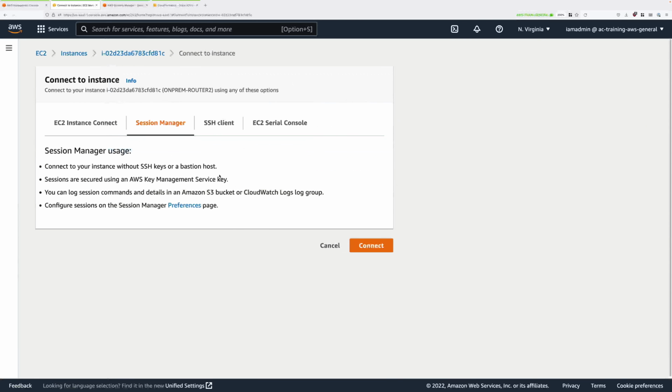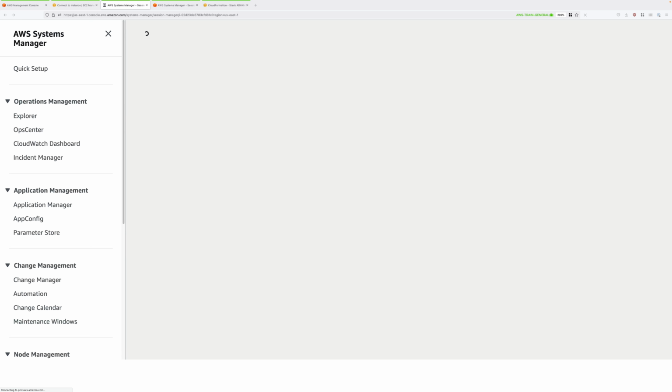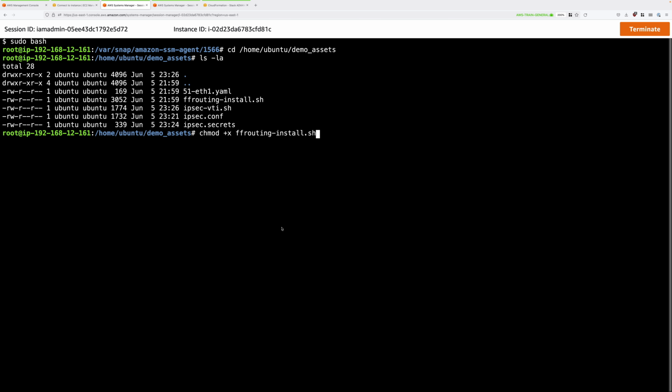So right-click, connect, select Session Manager, click connect, wait for that to connect, sudo space bash, cd /home/ubuntu/demo_assets, chmod space +x space frrouting-install.sh, press enter, and then start off that install process with period /frrouting-install.sh.